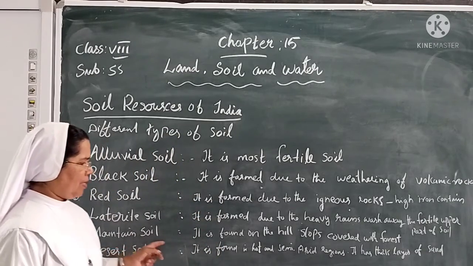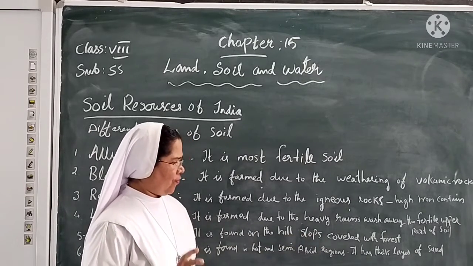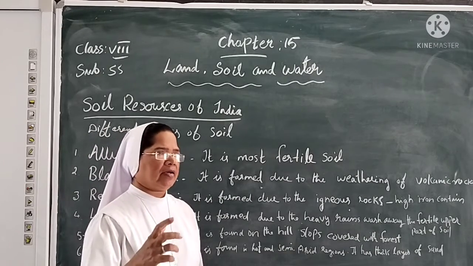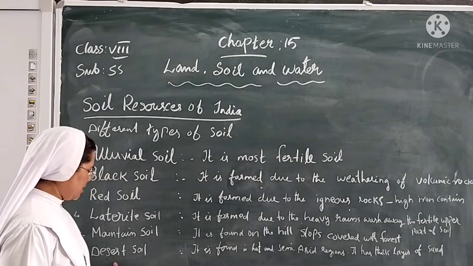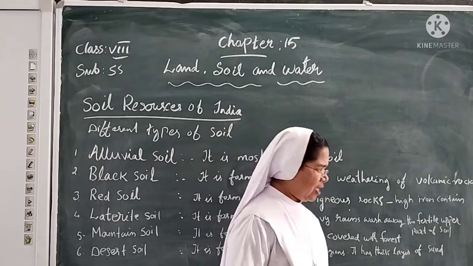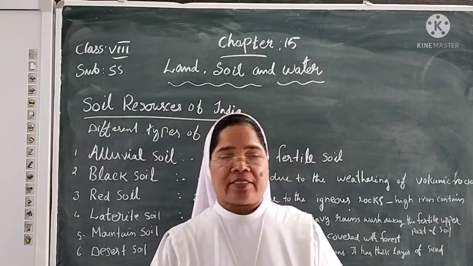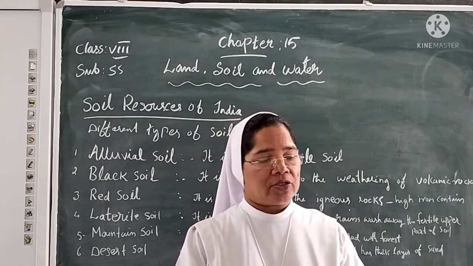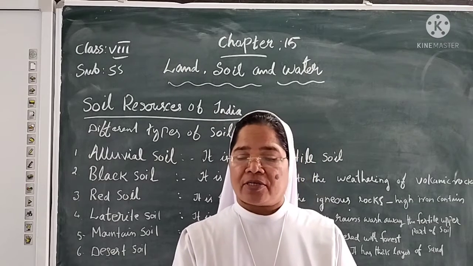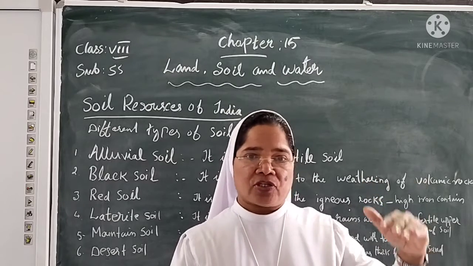Then mountain soil, it is found on the hilltop and covered with forest, and it is used for cultivation of tea, coffee, and other spices. And also the desert soil, it is found in the hot and semi-arid regions. It is a thick layer soil, desert soil. So these are the different types of soil, and also we have studied the